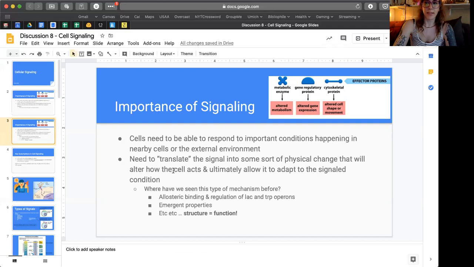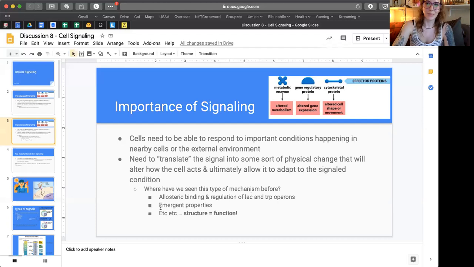We've seen this type of mechanism before, and hopefully you can think of a lot of examples. A couple are the presence of lactose or tryptophan affecting whether or not the genes the operon controls would be transcribed. Then there are emergent properties. We can think of examples where an individual cell won't have certain genes being expressed, but suddenly when there's a biofilm or a big mass of cells all together, signaling to each other and coordinating with each other, you get this emergent property. And there are a lot of other examples, because essentially we're just relying on this whole structure equals function idea: once we're able to induce some sort of change,